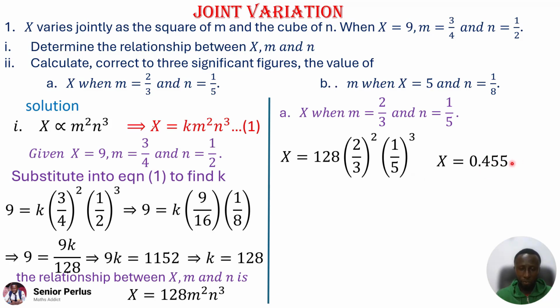0.455. They say 3 significant figures. So we have what? 0 is here, so we start from 1, 2, 3. That's why we have 0.455. I know you know how to solve for significant figures. Then B,